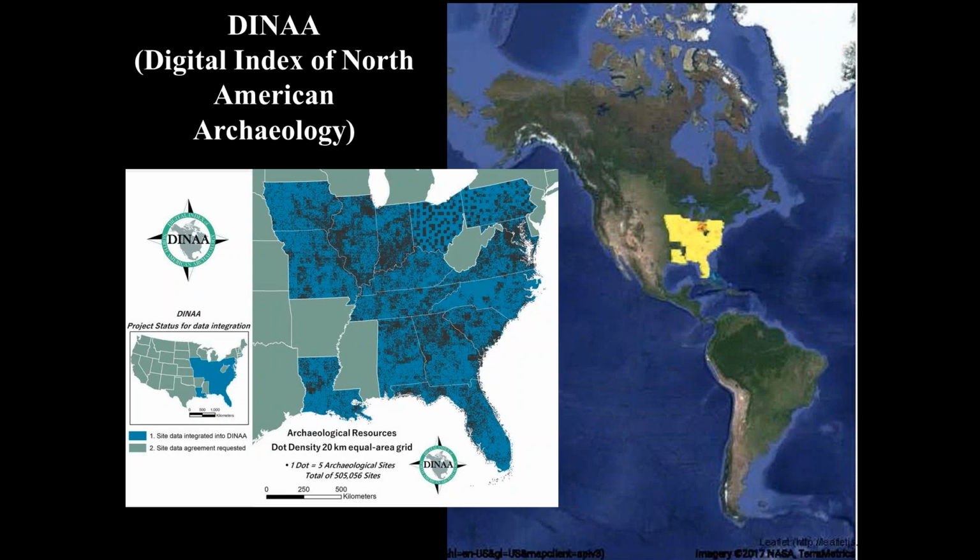As of February 2018, personnel from 20 states are actively participating in DINA's development, and the project has initiated discussions with many of the site file managers and governing authorities in the remaining 29 states in continental North America and in many other countries, with the goal of developing a continental database, a truly continental database.